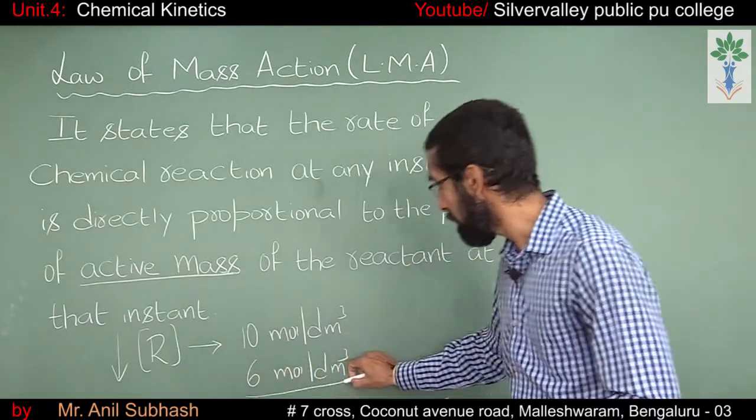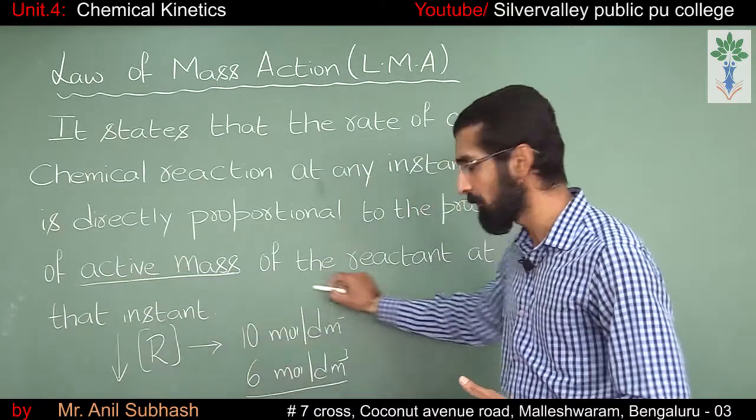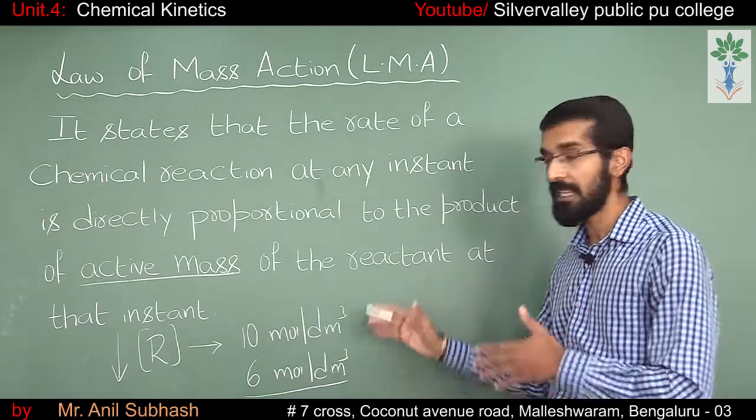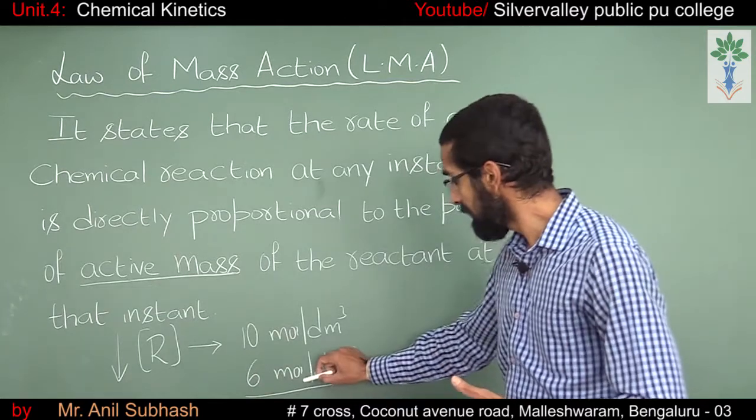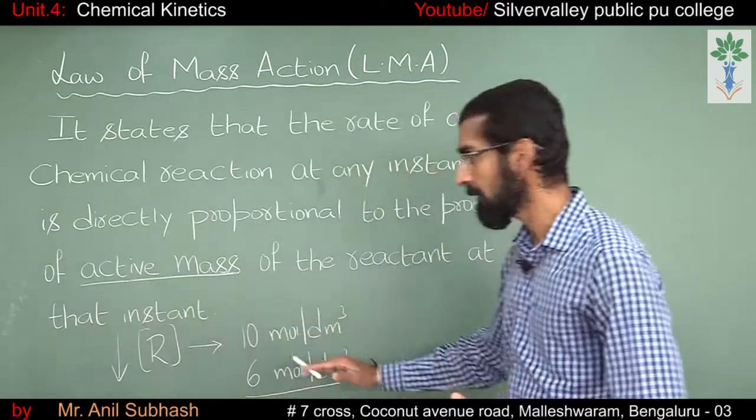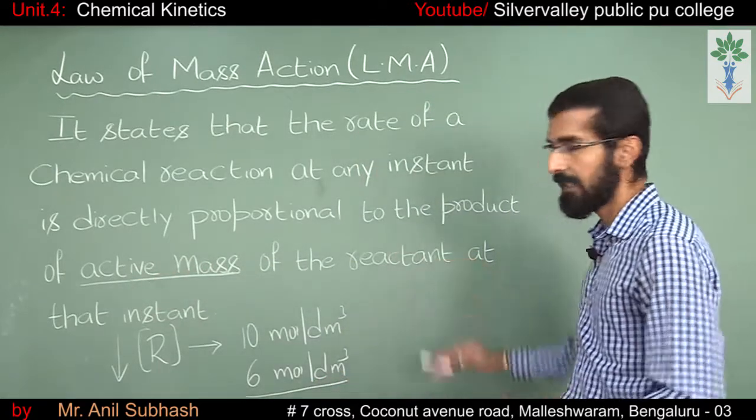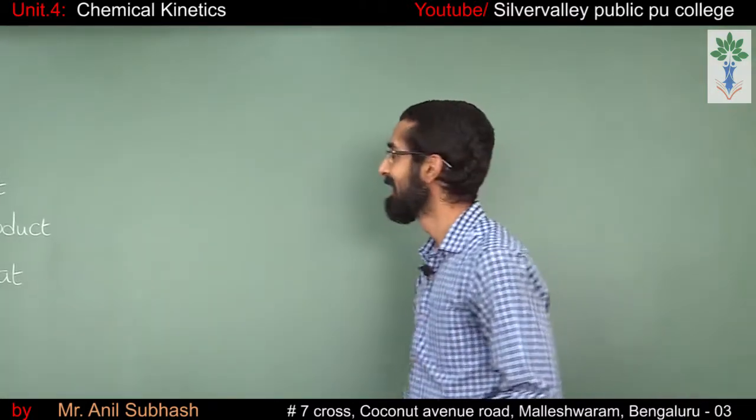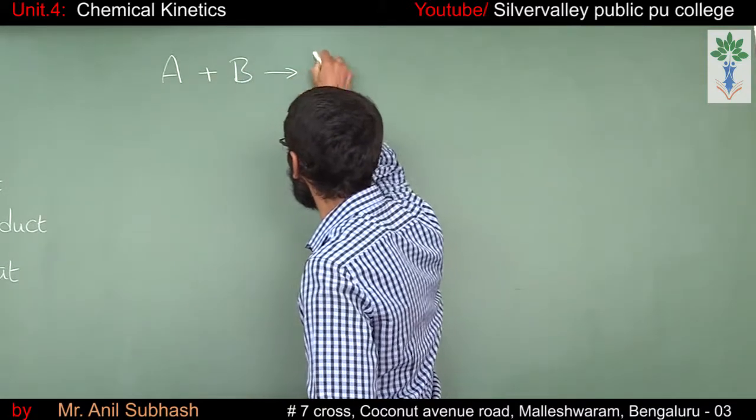Now this 6 mole per dm cube becomes the active mass. Initially the active mass was 10 mole per dm cube. After some time t, 4 mole per dm cube of the reactant has reacted. Now the leftover concentration is 6 mole per dm cube, and this 6 mole per dm cube will be the active mass, and the rate of a reaction depends upon the active mass of the reactant at that particular instant of time. Now let us consider the reaction of the type A plus B gives